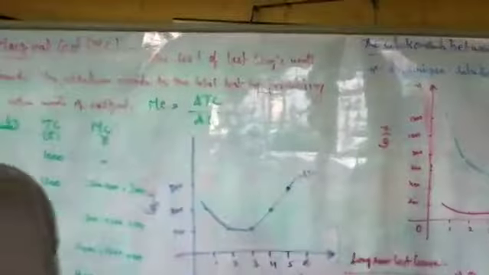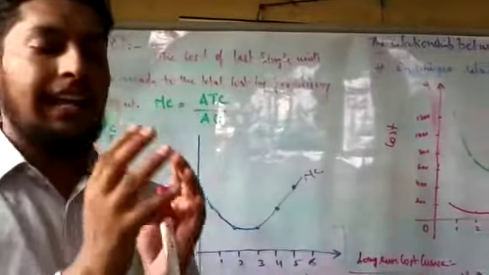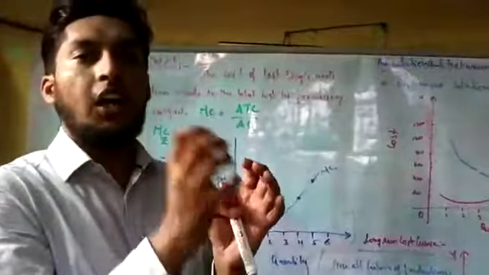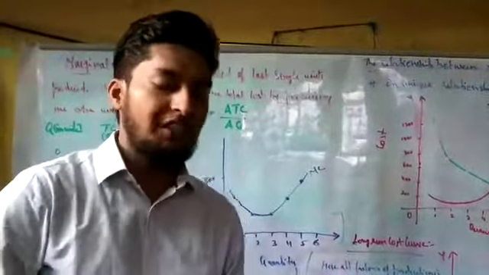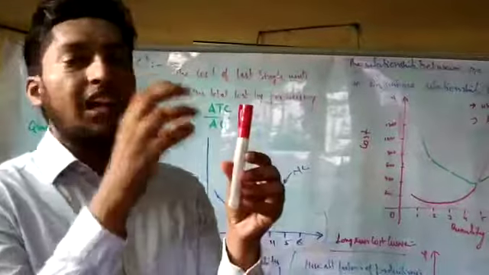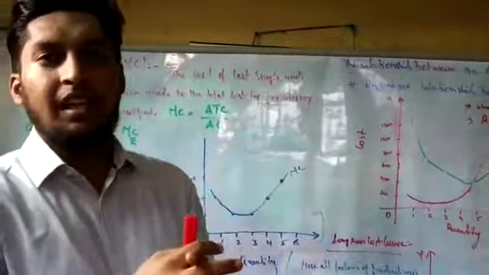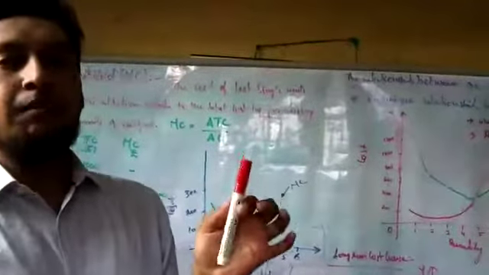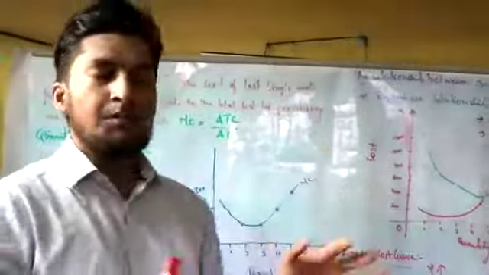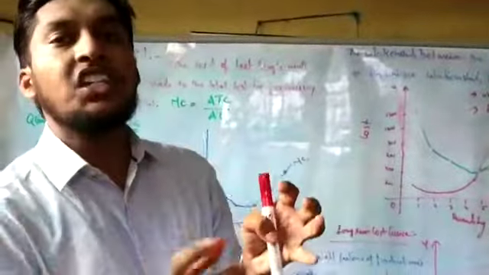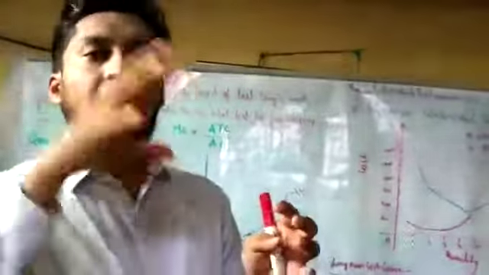So, what is the marginal cost? When there is a product, and in the product you use an additional quantity, an additional unit, that is what we call marginal cost. For example, I have this marker. When I am adding an extra unit, I have 10 markers, and when I include one more marker, when I have 11 markers, that is what we call marginal, which means you have already some quantity. In that quantity, when you use an additional unit, additional output, that is what we call marginal cost.